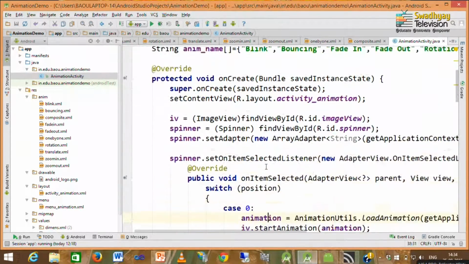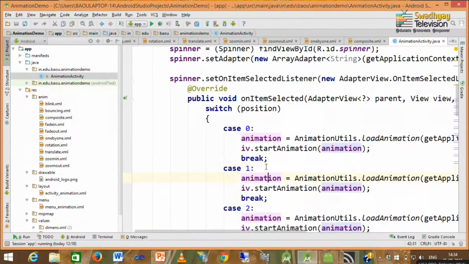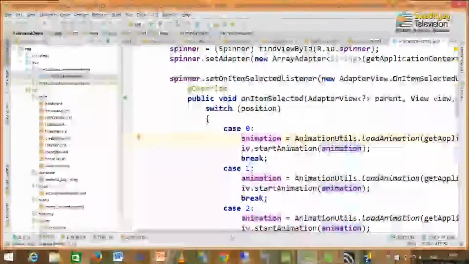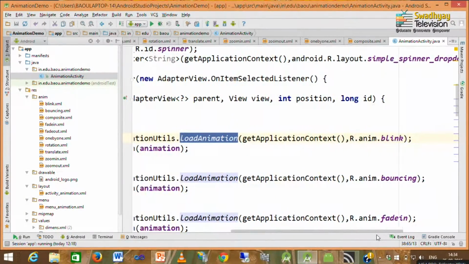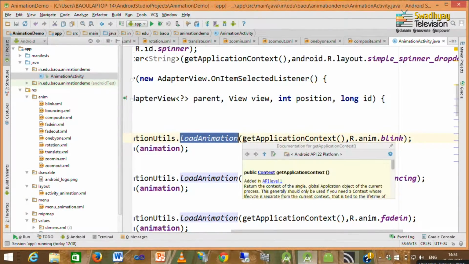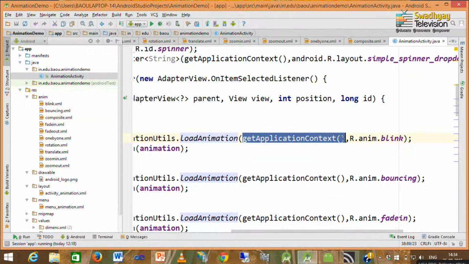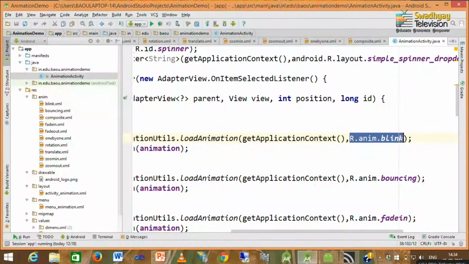So, in case 0 I have created an animation object by calling the static method loadAnimation of AnimationUtils class. This AnimationUtils class has a static method called loadAnimation, and inside this you have to specify 2 arguments. First is a context and second is an animation that represents an XML resource.